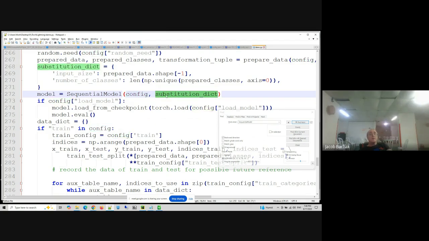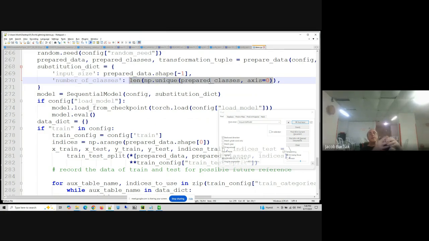I have a substitution dict. The substitution dict has parameters that will replace input size with the shape of the prepared data, after I prepare the data. This is going to happen later on, but I'm showing you now so you understand where it comes from. Also, number of classes is something that can be understood from the classes.